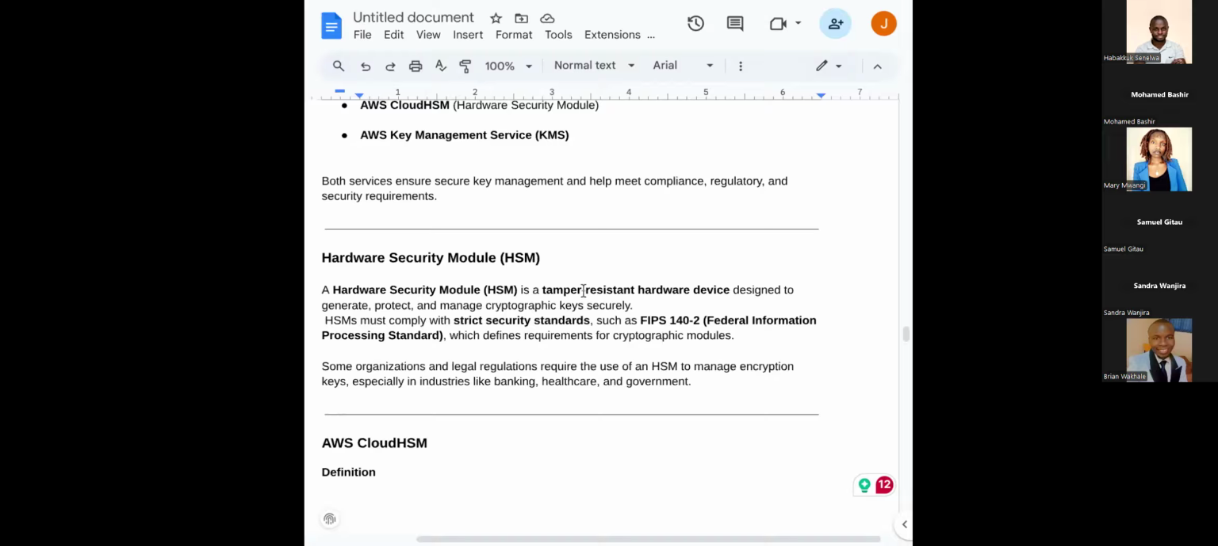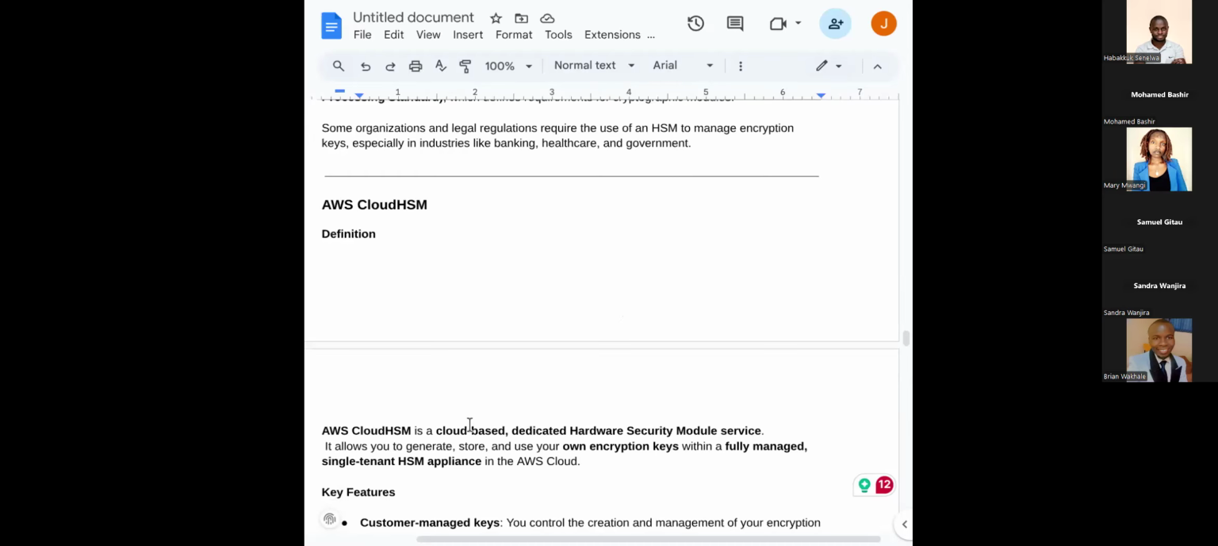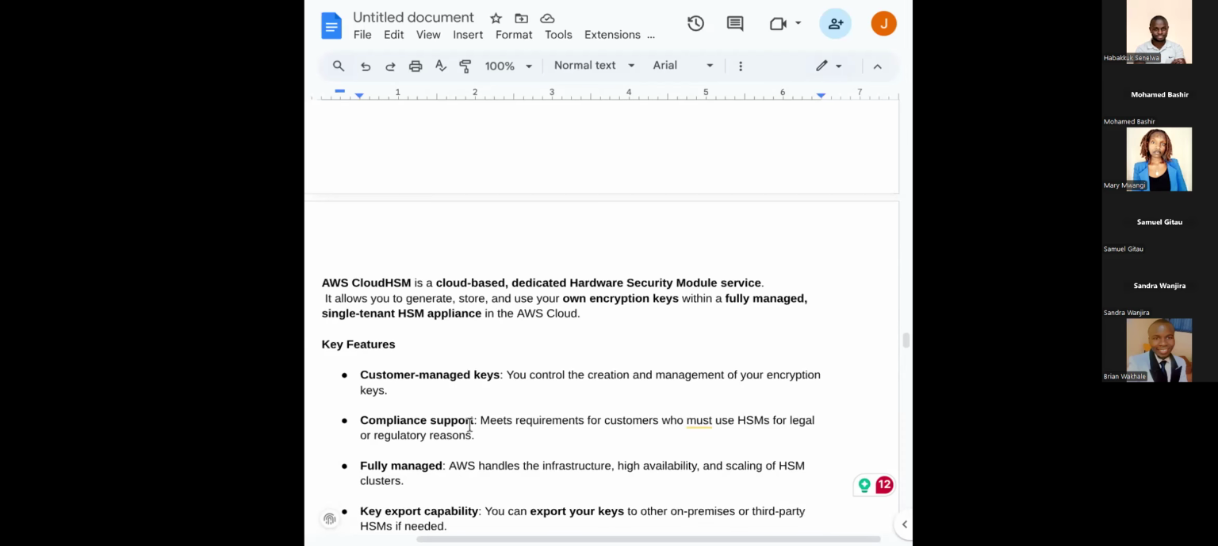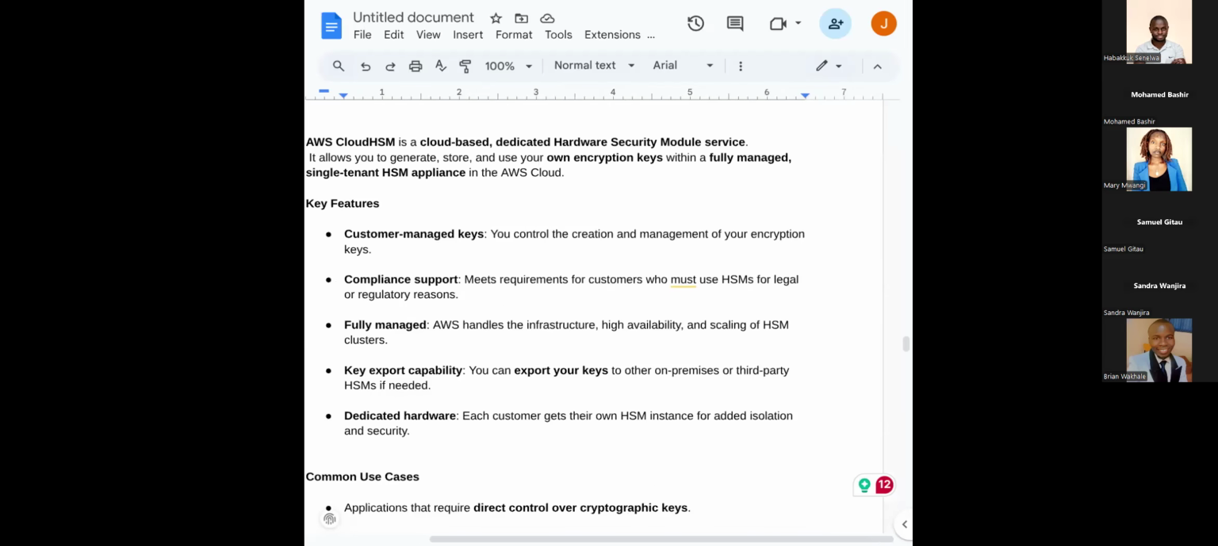So HSM is one of these hardware modules that you can use in AWS. It ensures that no one can access it; it generates your keys, protects your keys, and manages your cryptographic keys. In AWS CloudHSM, it is a cloud-based dedicated hardware security module service, and it allows you to generate, store, and use your own cryptographic keys, and it is a fully managed, single-tenant HSM